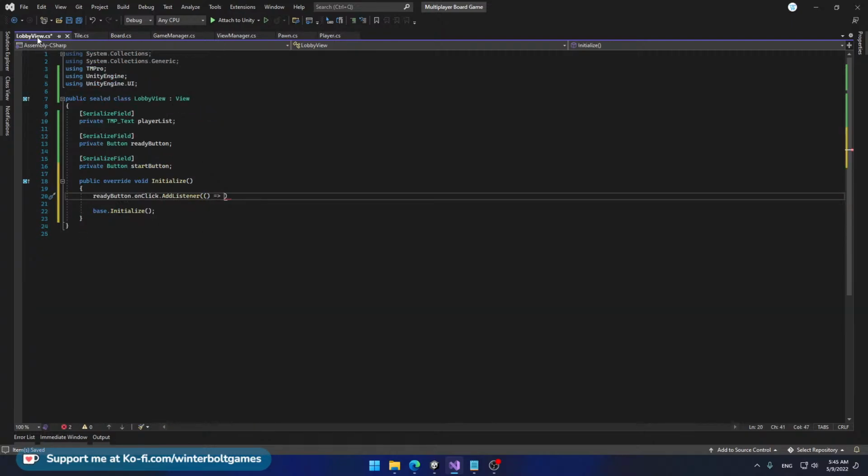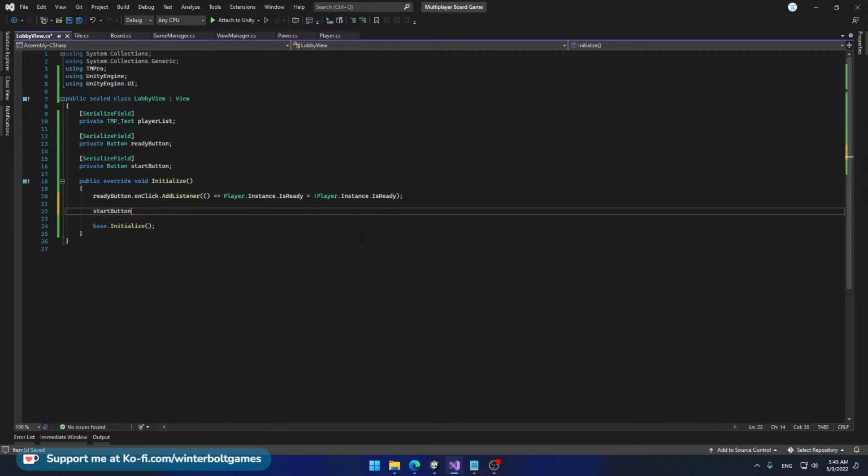Now I'm going to go back to my lobby view and say player.instance.isReady equals not player.instance.isReady. So basically, if we are ready, then unready, or if we are not ready, set our state to ready. Okay. Now I'm going to go to the start button and say .onClick.AddListener